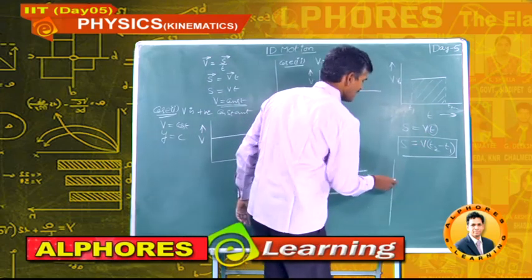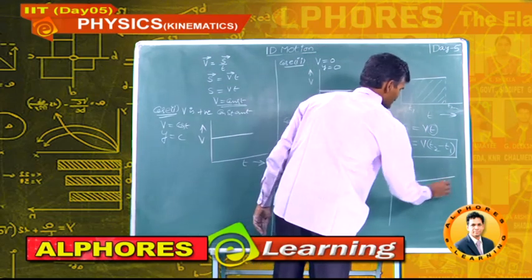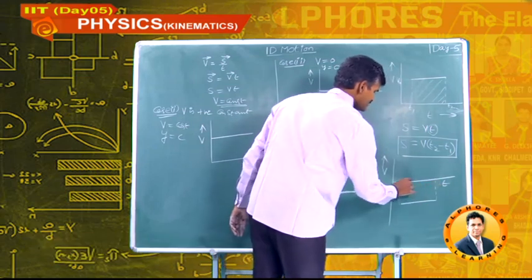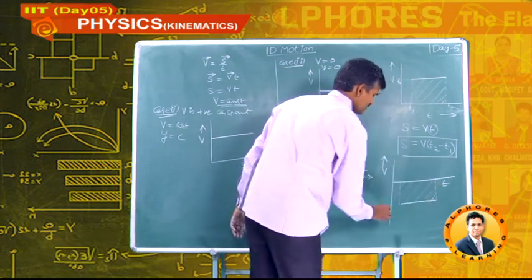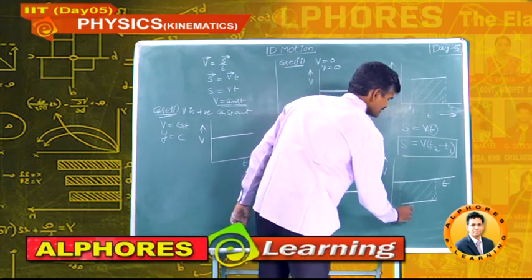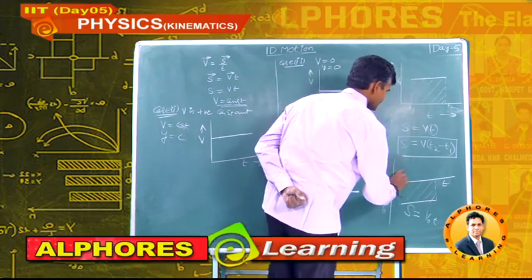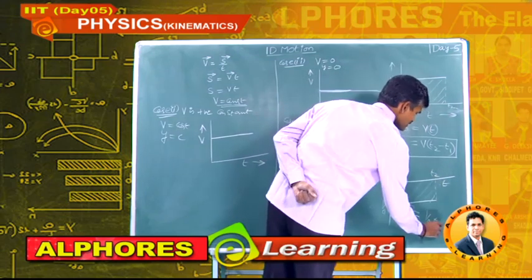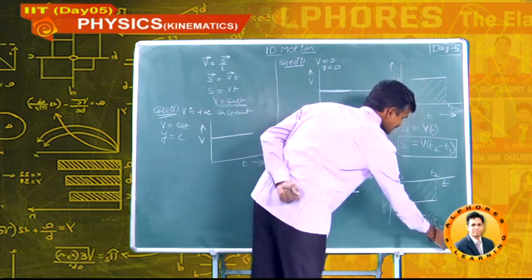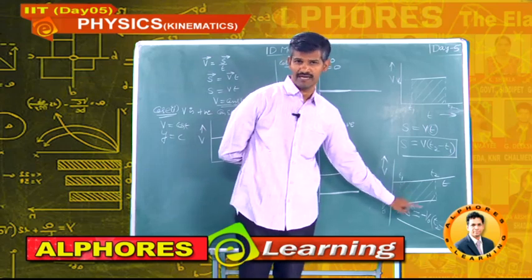Suppose if we draw a graph like this, this is velocity and this is time, the graph is like this. Then what happened? We can also calculate the area here. This is some v naught. Here s is v naught into t2 minus t1. Suppose this is t1 and this is t2 minus t1. This is negative. This displacement is negative, or negative area. Negative area gives negative displacement.